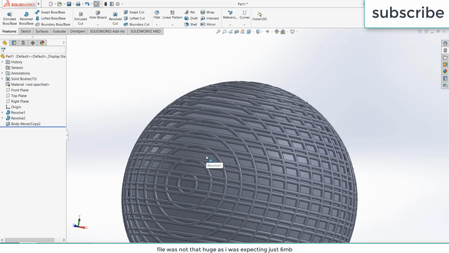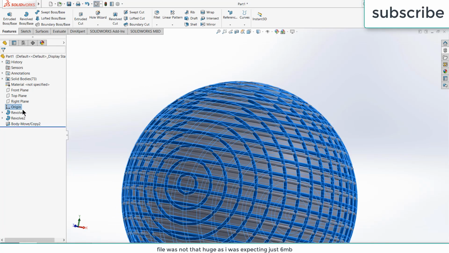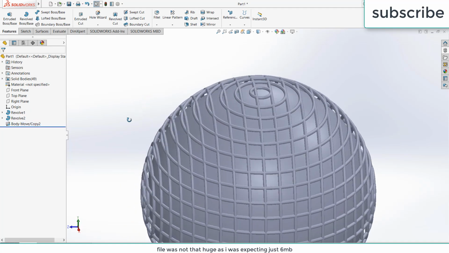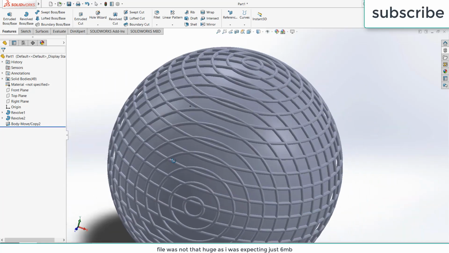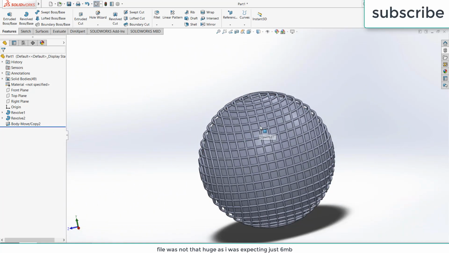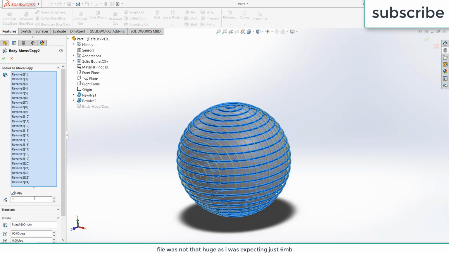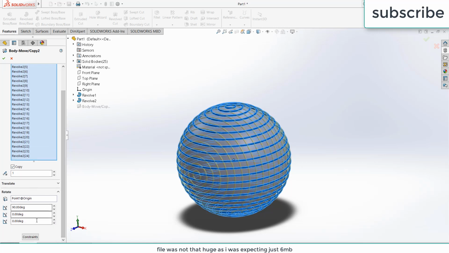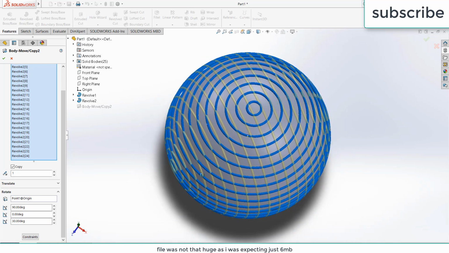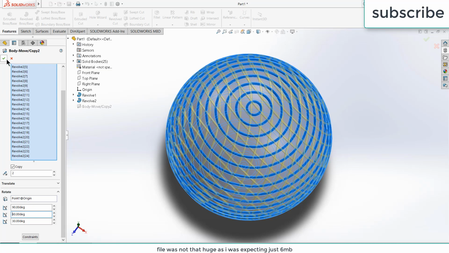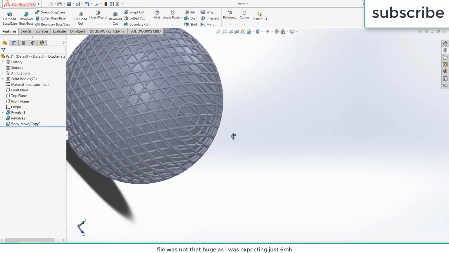So here you got something like this. Right click on it, click OK. So here you got something like this. Okay. Now right click on it, click on here, or you can make more shapes. For example, just change the angle to 30 degree, or increase this and this. It will only increase the complexity of it. So as you can see,